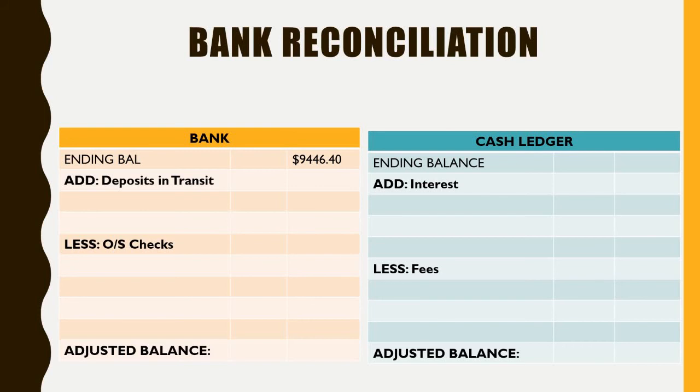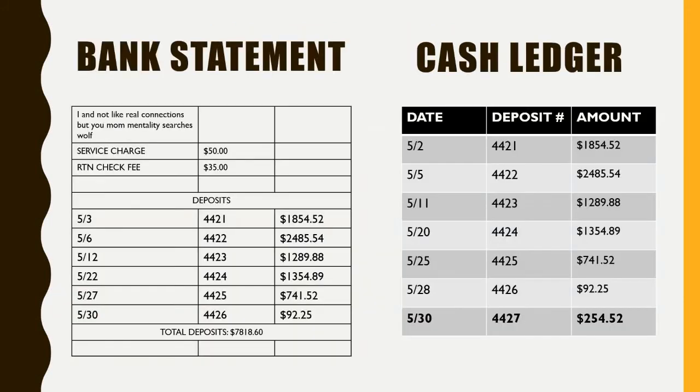Okay? Now the next thing is it says to add any deposits that are in transit. Deposits in transit means you deposited the money, but it hasn't cleared yet because it's still being processed. So this is where we take our cash ledger and compare it to our bank statement, because we're going to see which information cleared. As you can see here, I'm focusing on just my deposits. Oftentimes when you have deposits, you'll get deposit slips. So if you place it in your ledger, good for you. If you don't, then you just have to go by the date and by the amount that has cleared.